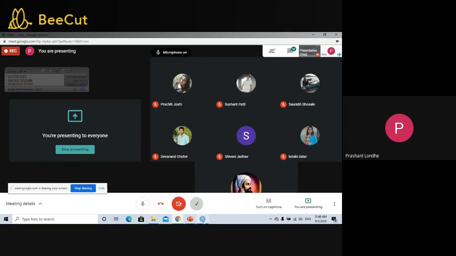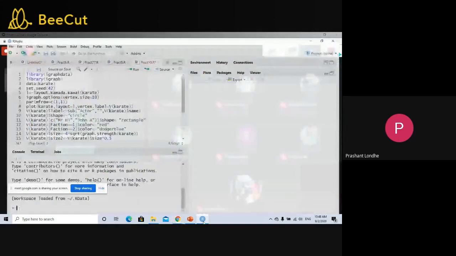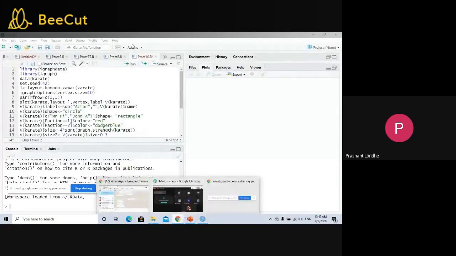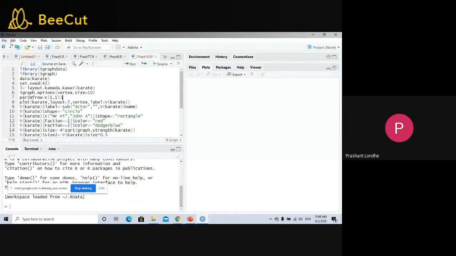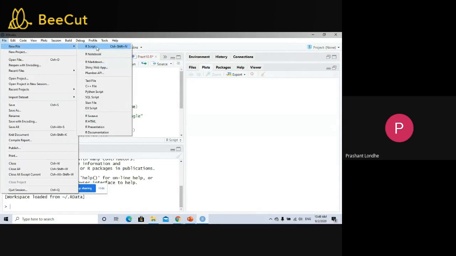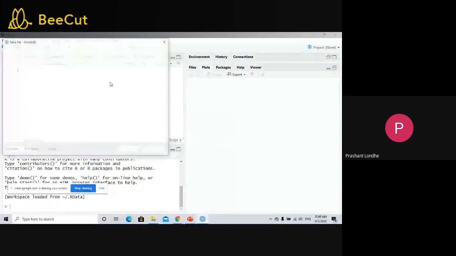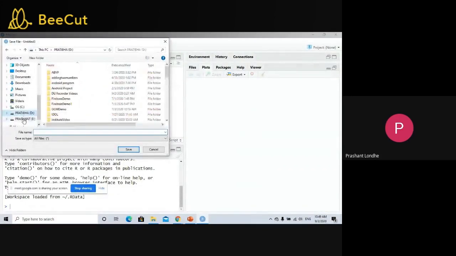Let me do it for you. Fine. So this is your RStudio. Okay, I think the screen is visible right now. Fine. So everything is same as you are doing for the Visual Studio. All these things are same. Fine. Here you are supposed to create a new R file. So new R script, you will create a new R script, save it as practical number 1. I will store somewhere here. Practical number 1.